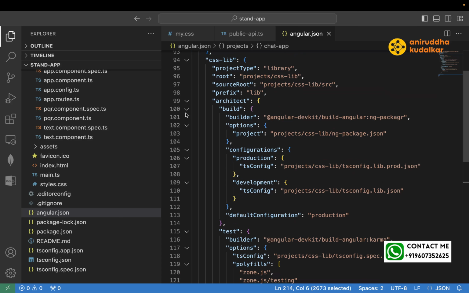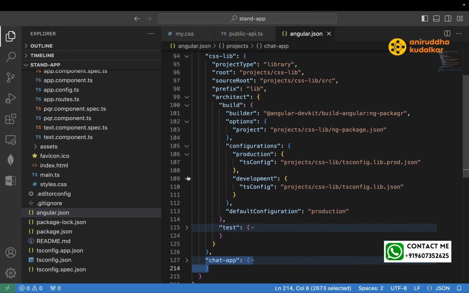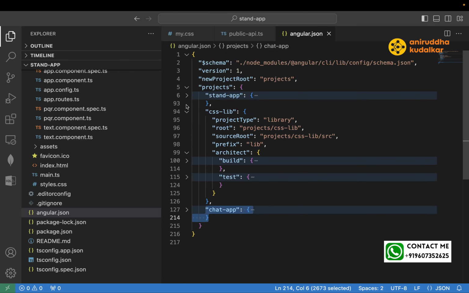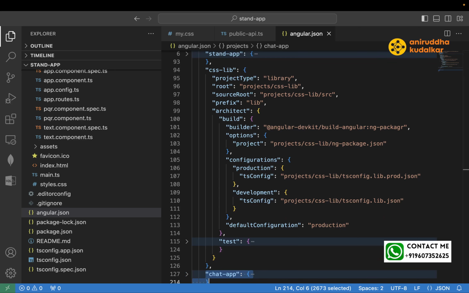This is the build options, configurations. This is for test. This is for build. So under the build configuration,